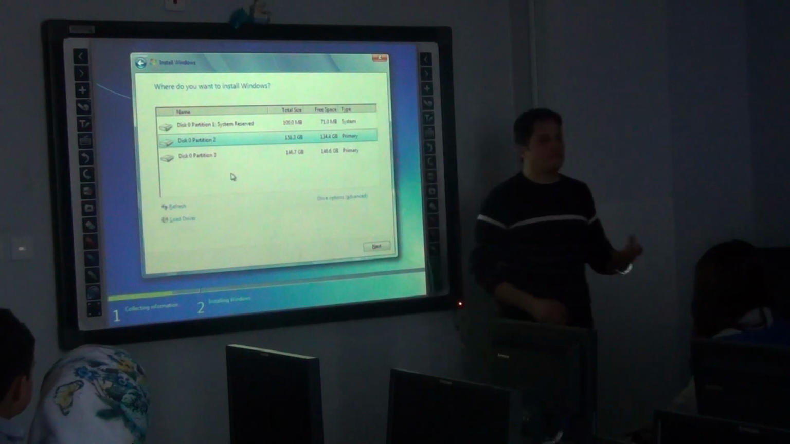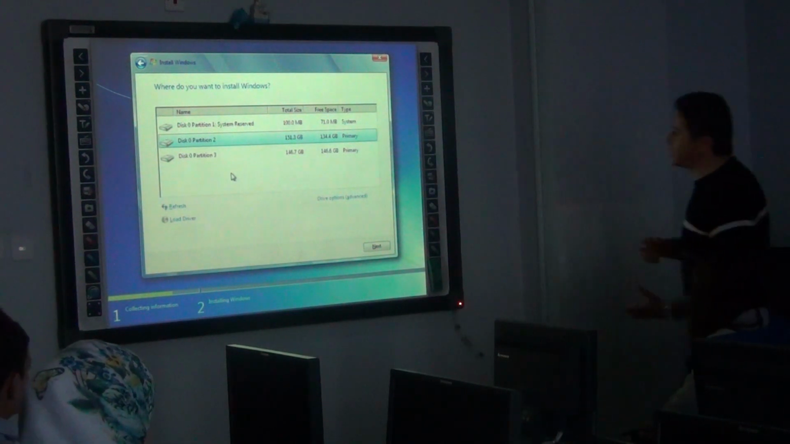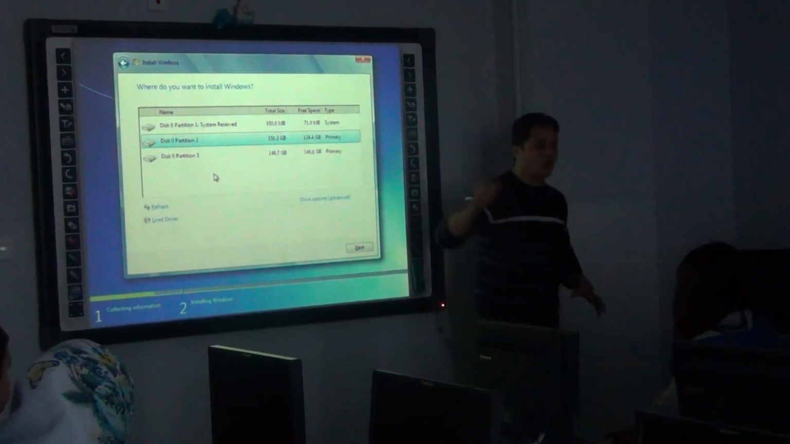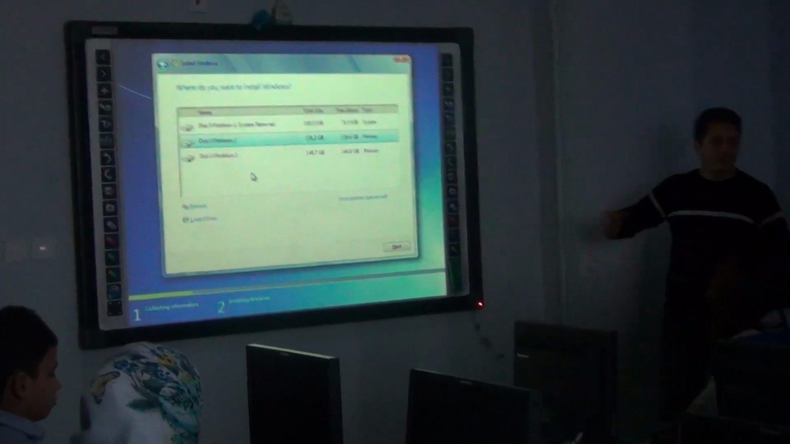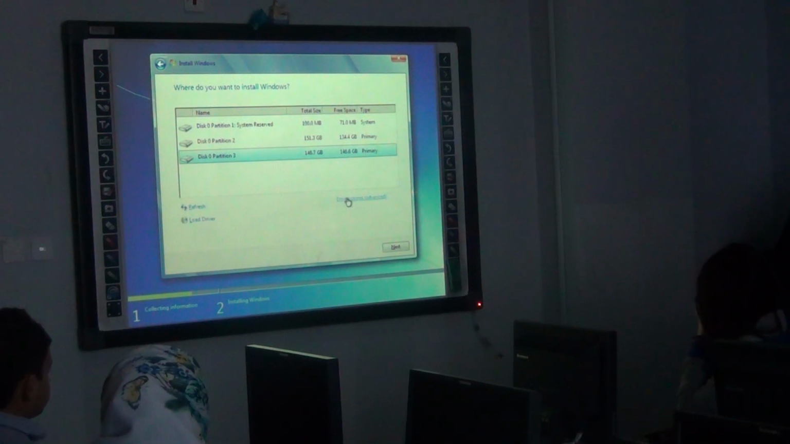This one is a system file. The computer, while it's installing the operating system, is going to save some system files on this partition, but it's not going to appear while you open your computer, okay? Right now, I'm going to delete them and create a new partition, okay? Clicking this one, we have drive